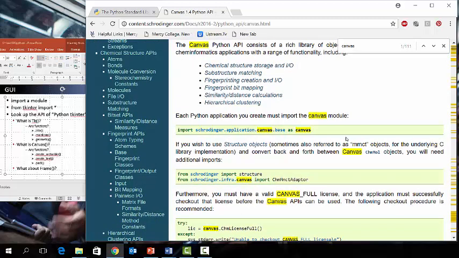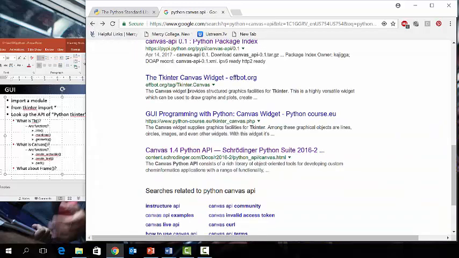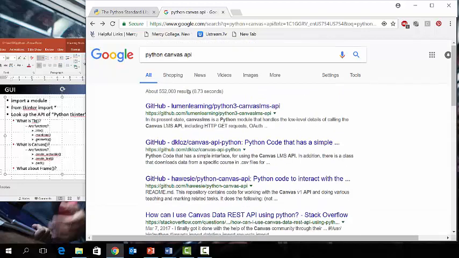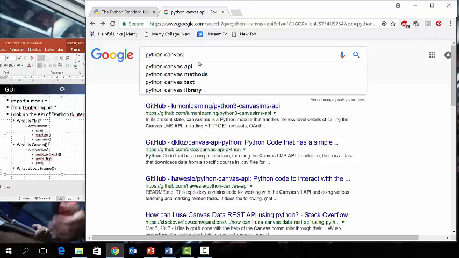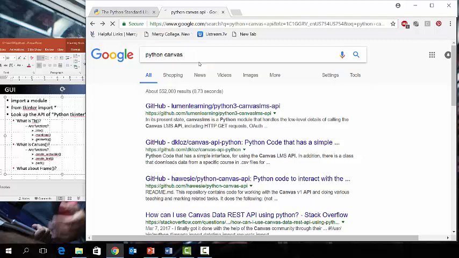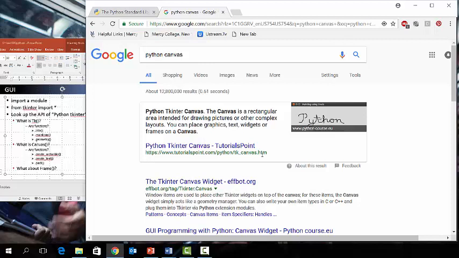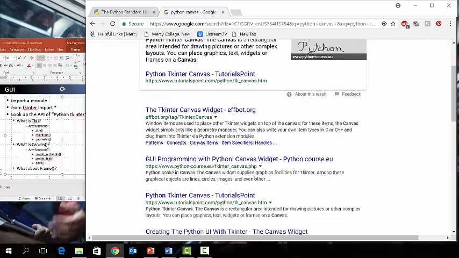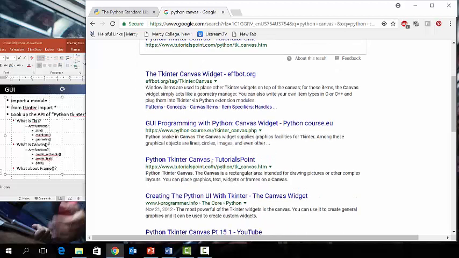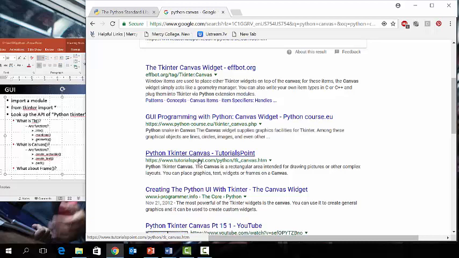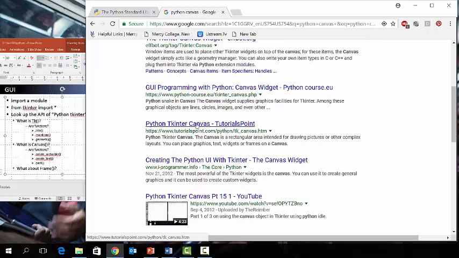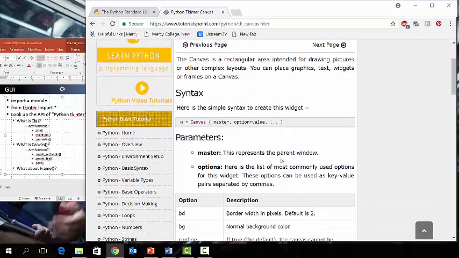Oh, this is something different. Python canvas. Let's see. Maybe you can use Tutorial Point to, yeah, oh, this is good. So canvas,